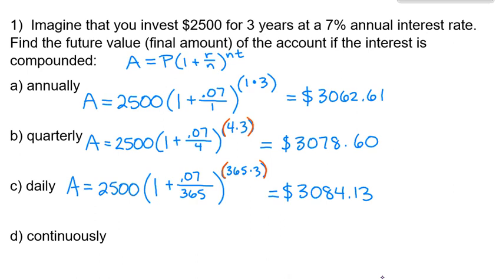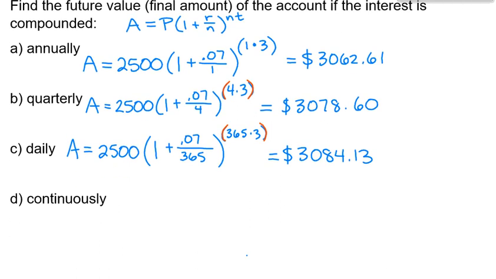Continuous compounding, now we're going to use the other formula, which is A equals PE to the RT. E is that Euler's number E, that number that's approximately 2.718 that we talked about in lesson the other day. So plug in the principal, 2,500. E is just the number E, and then raise to the power of your interest rate, 0.07, times your number